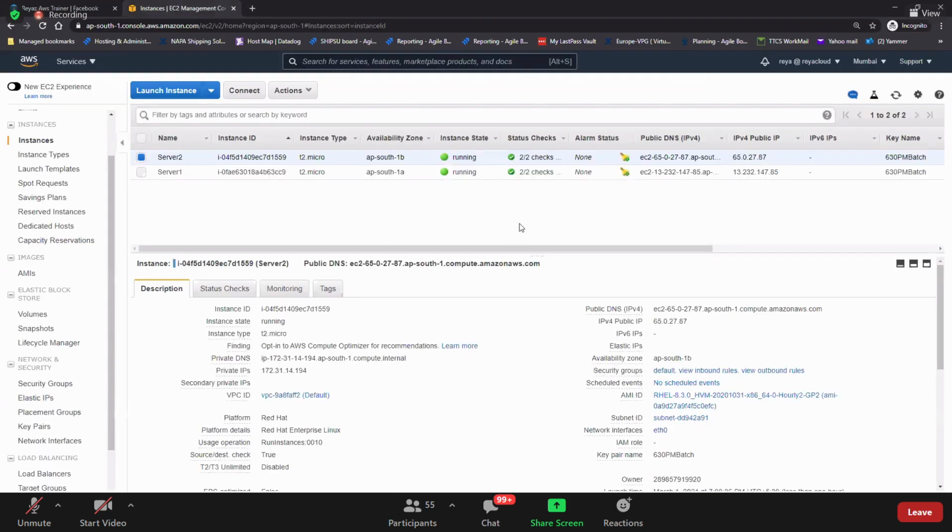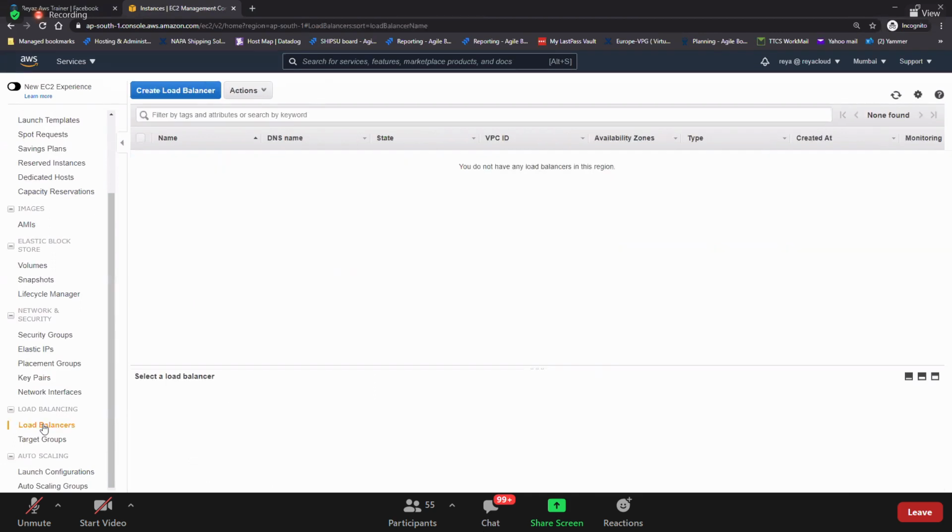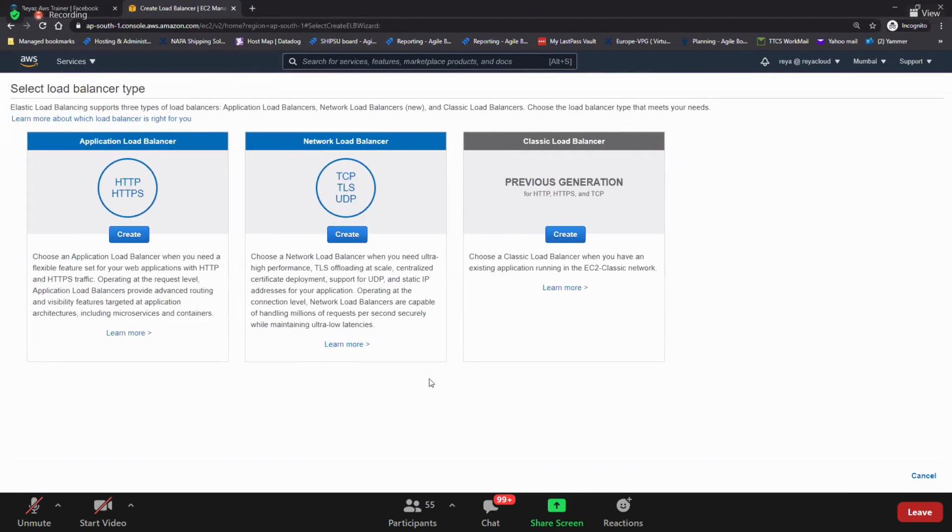So guys, will you give the IP addresses to the customers to access your applications? This IP address? No. What should we create now? Load balancer, ELB. So on the left side, do you see that here we have load balancer? Let's go ahead and then create a load balancer. Where do you see? Create load balancer.